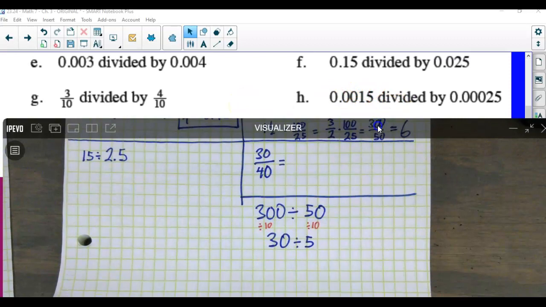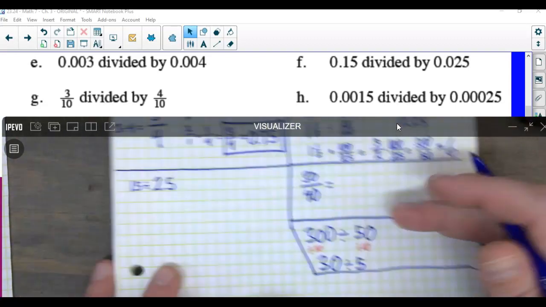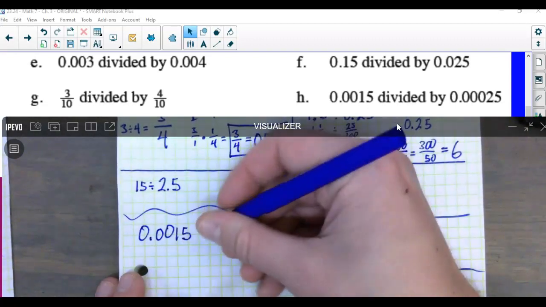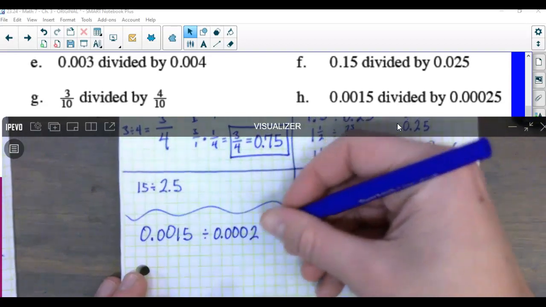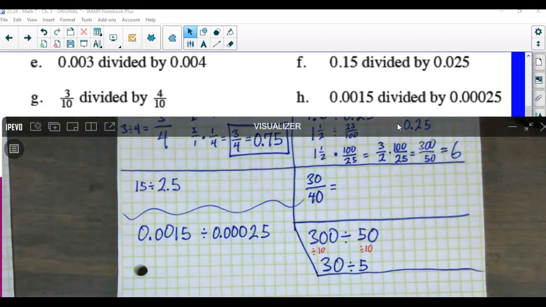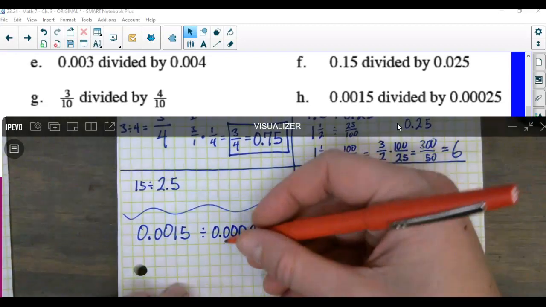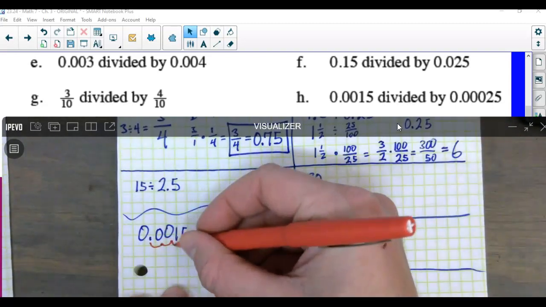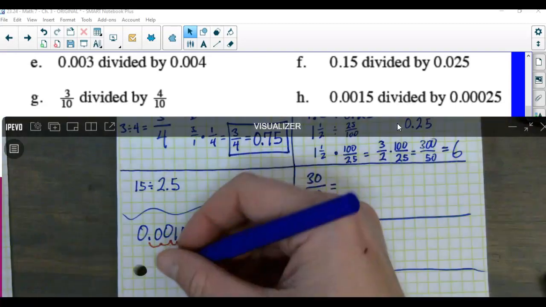Let's all write down H together. It feels really difficult, but trust me, let's all write down H together. Real quick, last problem I'm going to ask you to do. Oh my goodness. 0.0015. Big deal. How many decimal places do we want to shift over? I see some people doing nothing. That's a choice you have to live with. 5, right? 1, 2, 3, 4, 5. 1, 2, 3, 4. So we're going to have to add an extra 0. So this becomes